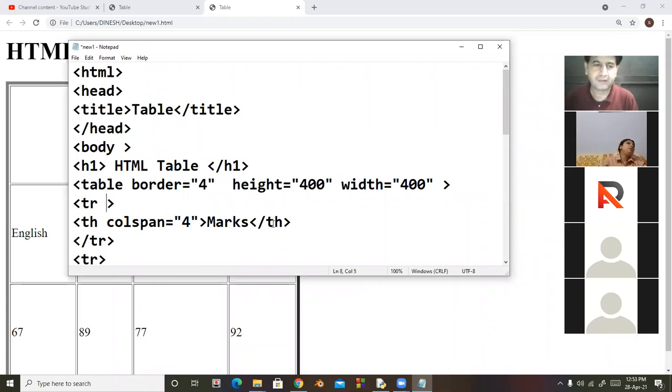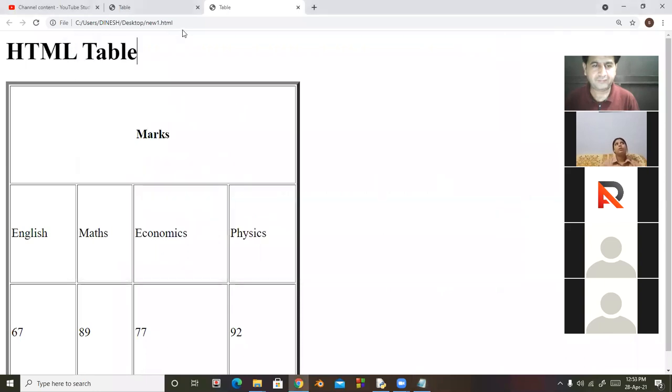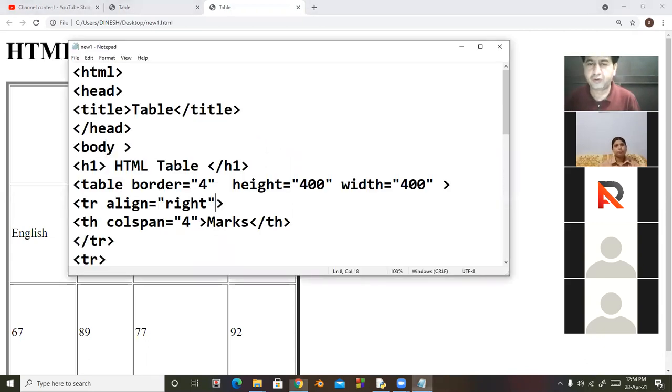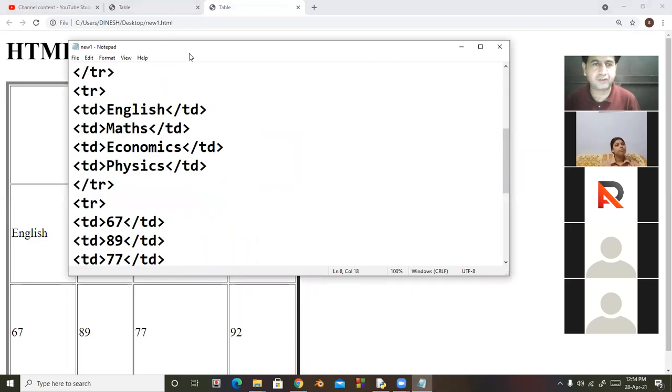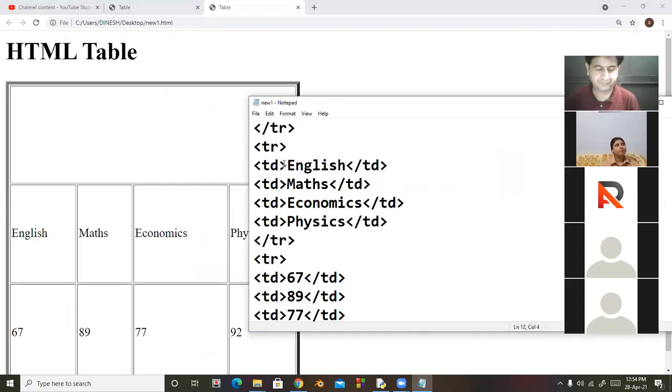So look at here. Align equal to right. I'm saving the document. Look at here. The marks will be on the right hand side. So this is called the horizontal alignment. Suppose in English I declare align equal to right.